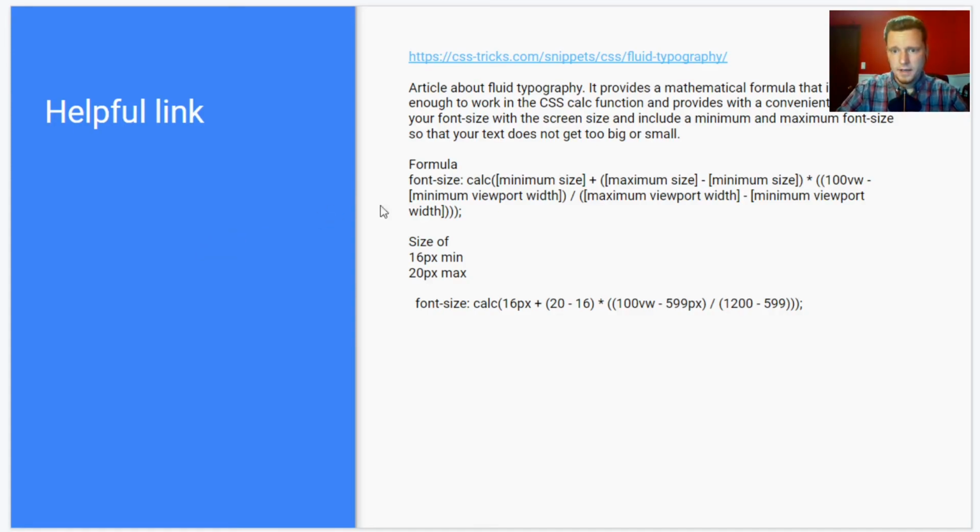But here I found a pretty nice write-up on CSS Tricks. You could read the whole thing if you like, or I've copied out the meat and potatoes of it, which is the formula. We'll go over it real quick. It's a slightly complex formula, but it's all simple math because the calc function in CSS can only do plus, minus, times, and divide. That's it. So it's simple in that respect, but there's a number of things in here, and there's some parentheses in that. But suffice to say that